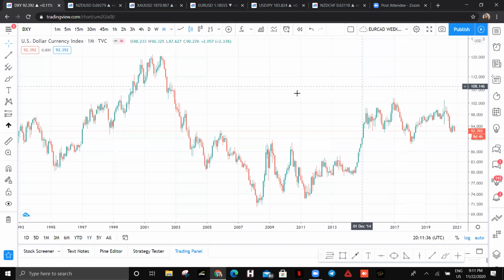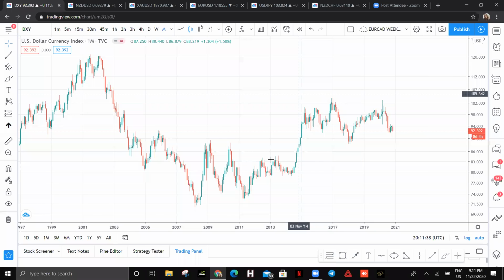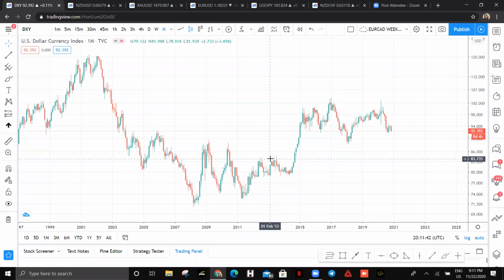Now, if you are looking at this, because I love my class to be interactive. If you're looking at this pattern or this movement in the market, what do you see happening here? Before I change it to a line chart, because when you look at the line chart,